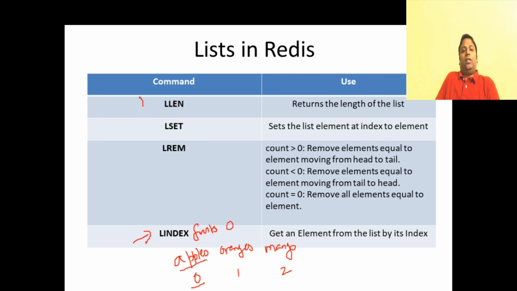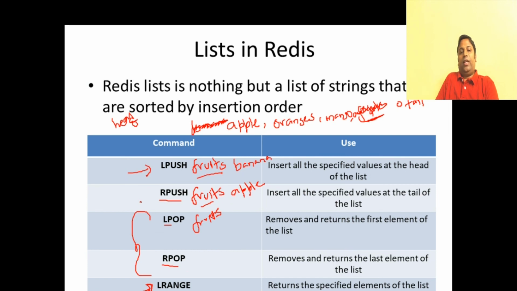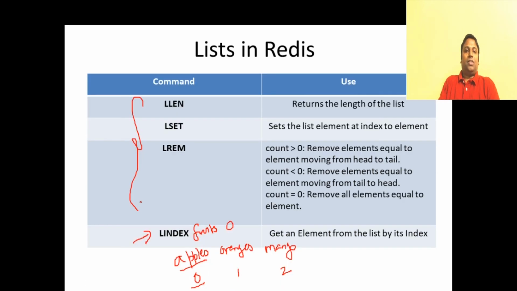So these are some of the commands. We have not covered every command on lists. I've taken as many commands as possible from the website, and I've given you an explanation for all these commands with examples, and this is a pretty simple database. I hope you have understood how we use Redis commands on lists and the importance of lists in Redis. Thank you.